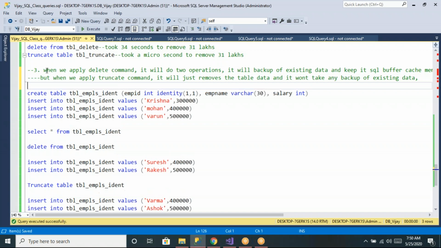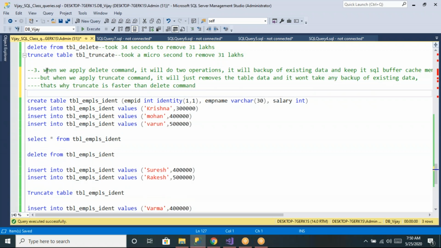So that's why truncate is faster than the delete command.